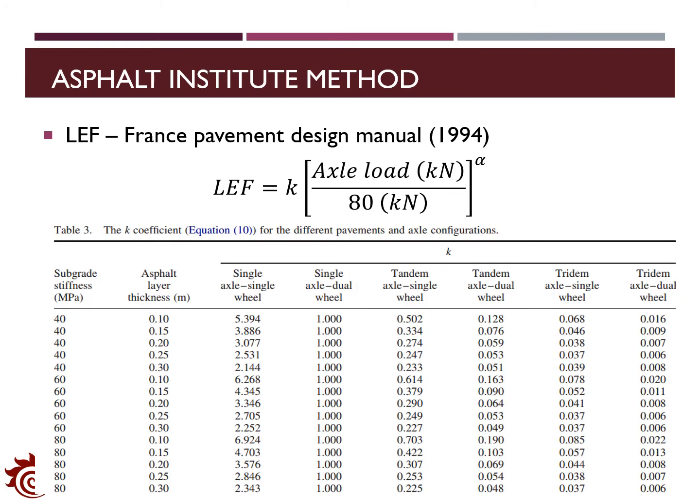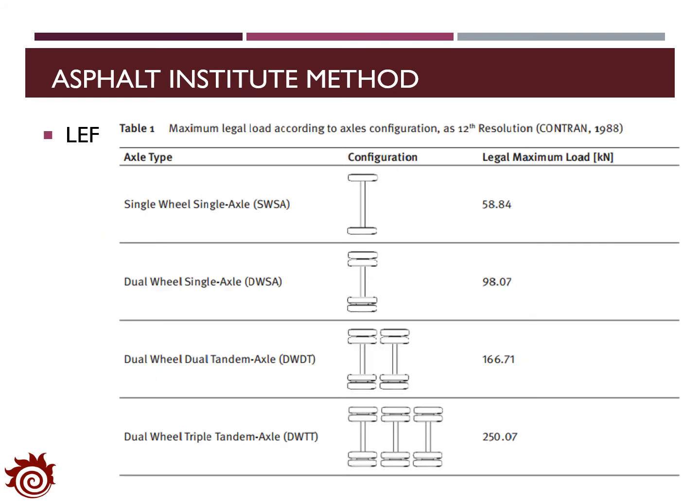In addition, the value of K is related to the subgrade stiffness and the asphalt layer thickness. The table here shows the typical values of K under different subgrade stiffness, asphalt layer thickness, and axle types. Moreover, there is a maximum load applied for each type of axle. For the single axle, the maximum load is 58.84 kN. For the dual wheel triple tandem axle, the maximum load is